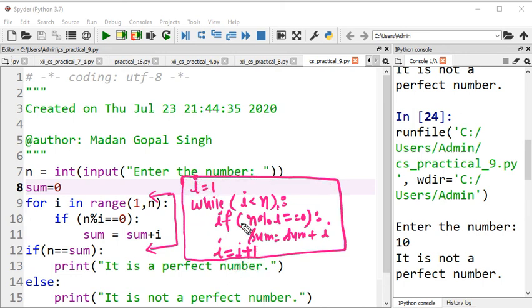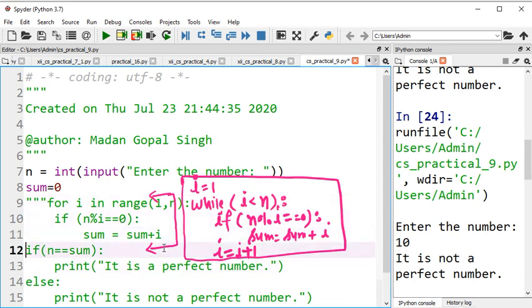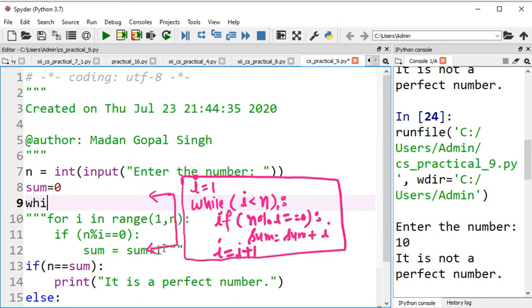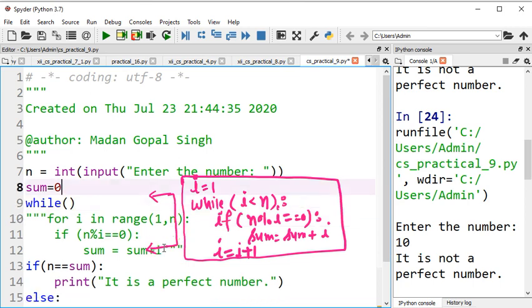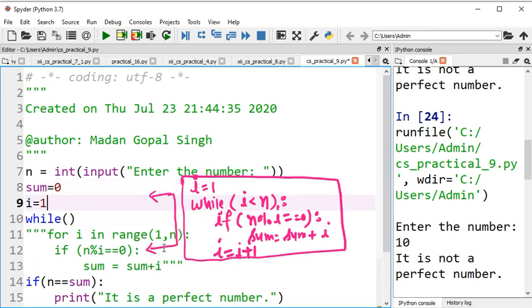So let's try to run this also, so that you can get the idea. I am commenting out this for loop, and I am writing this while loop instead. First I need to create a variable, that is i equals 1, and then you can apply i less than n.